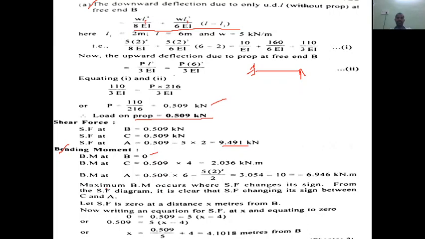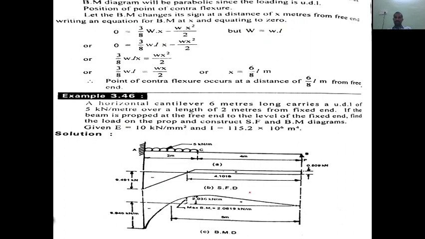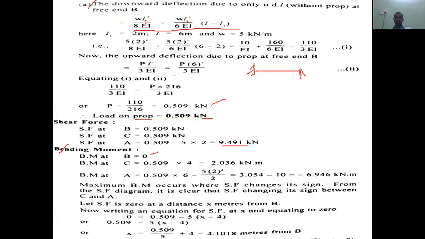And we also know that maximum bending moment always occurs at a point where shear force changes its sign. And you can observe this diagram. Shear force is changing in between the portion A and C. Therefore, at a distance x from B, let us assume shear force is 0. So therefore, 0 is equal to simply force minus 5 into x minus 4. When you equate this and calculate for x,